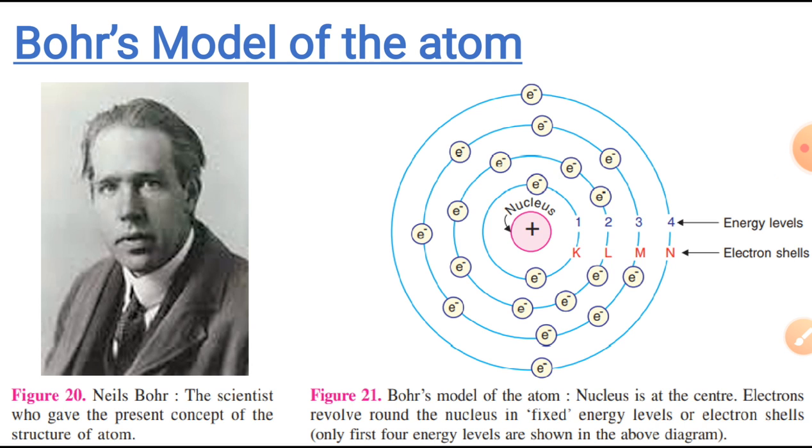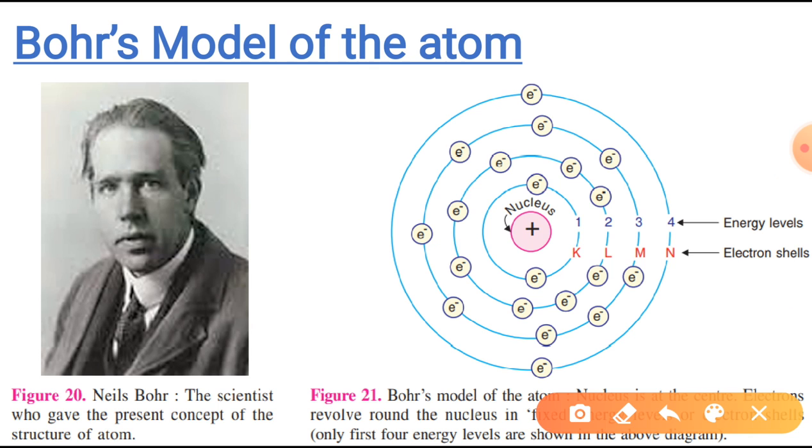So far we have studied Thomson's model and Rutherford's model along with their limitations, which are also known as drawbacks. It's time to study Bohr's model of an atom. Let's start. Rutherford's nuclear model of an atom, although a great contribution to science, could not explain certain observations. A brilliant description of atomic structure was proposed by Niels Bohr in 1913. Now we will understand the various postulates given by the scientist.